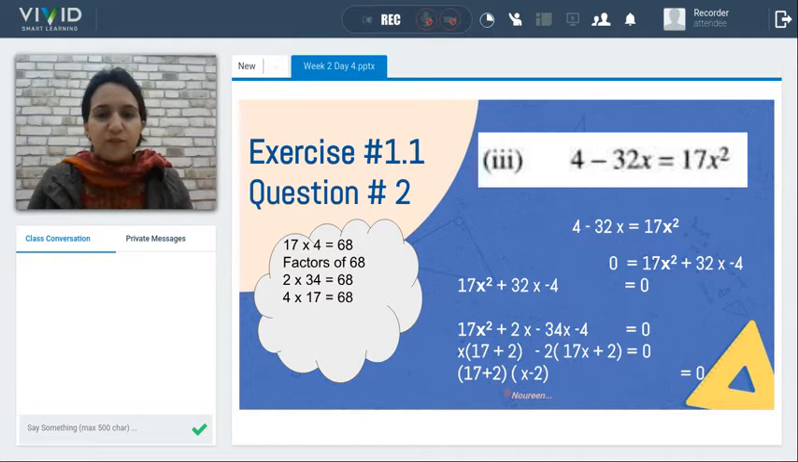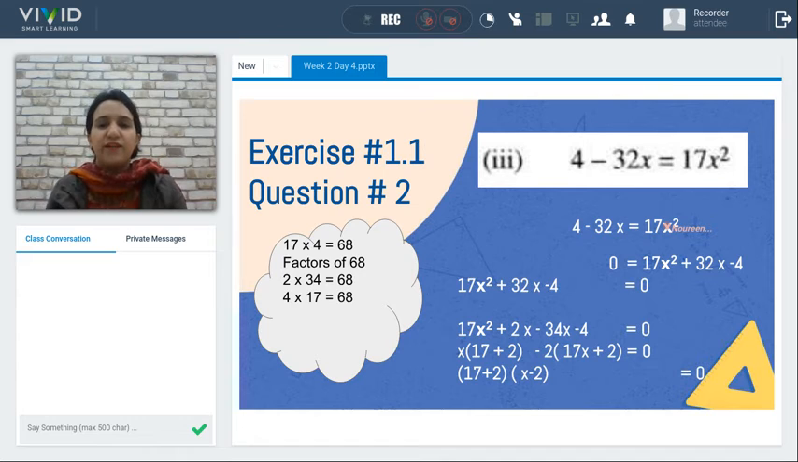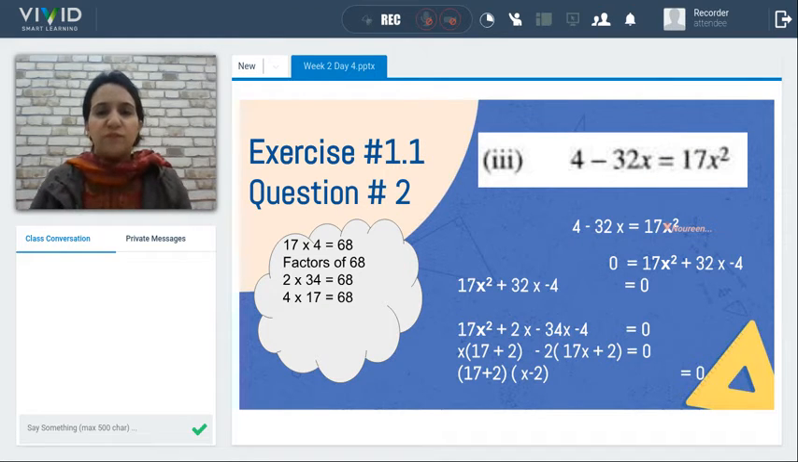Now here comes the third part of question number 2. It's quite similar. What we are going to do is, first step is to write the given equation in a standard form. Standard form is ax square plus bx plus c is equal to 0. So first of all, in this given equation we have x squared. ये square term जो है वो हमारे पास right hand side पे है. 17x squared right hand side पे है,